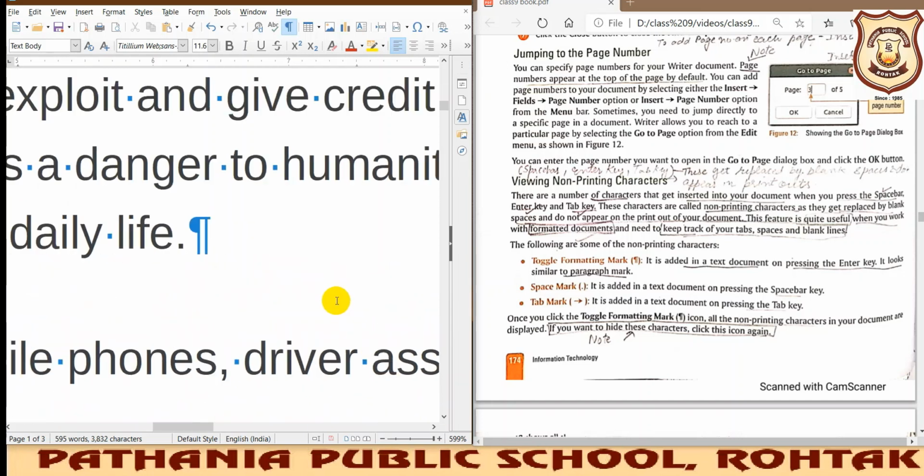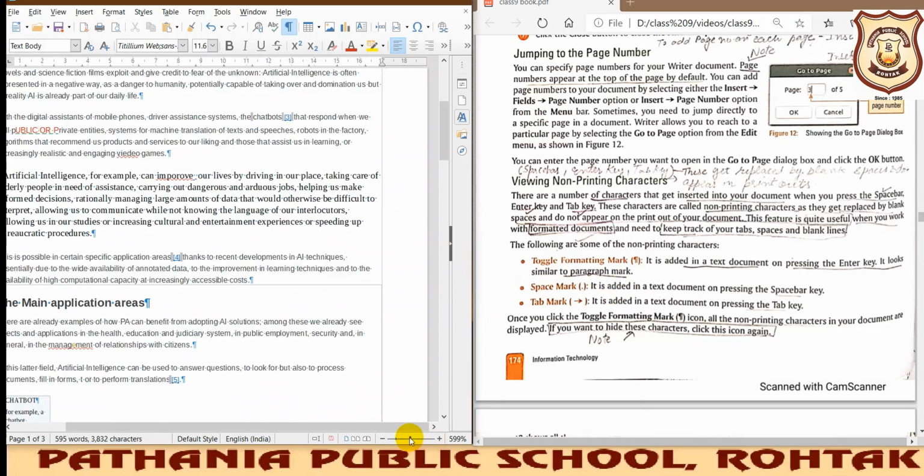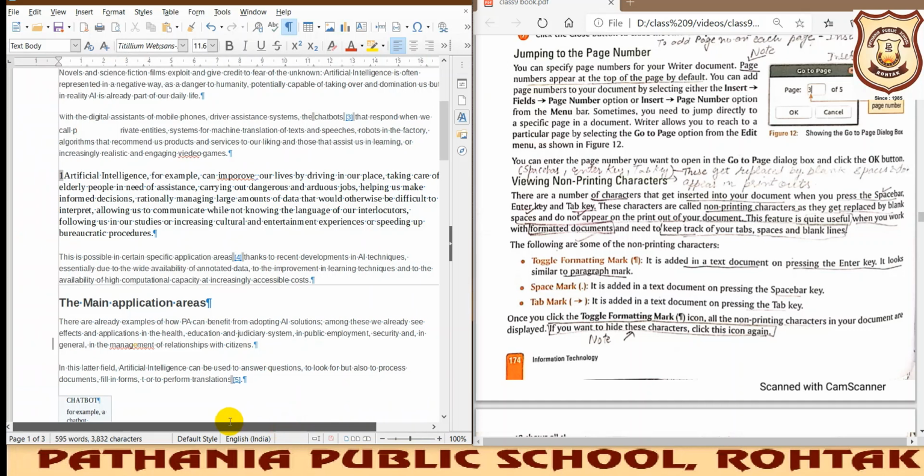And if we come down, you can see this symbol also, which indicates the end of the paragraph. So this will help you to know what you have used. Okay, to have a better understanding of the formatting, we are using this feature of LibreOffice. I hope it is clear.